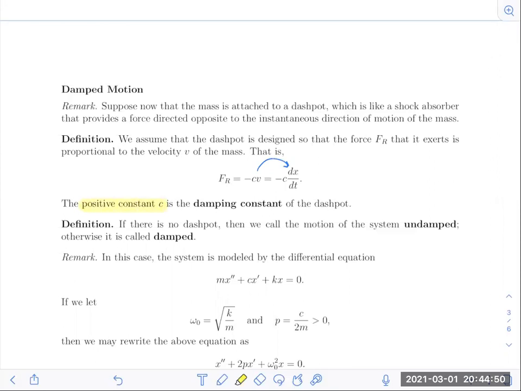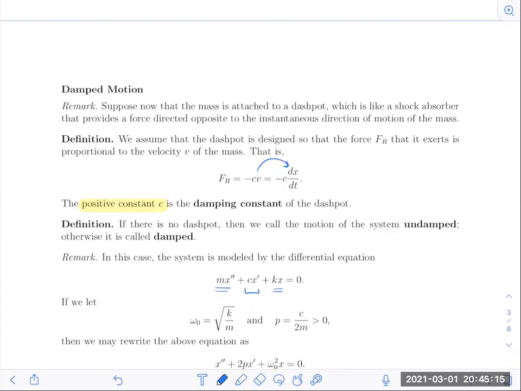Definition: if there is no dash pot, then we call the motion of the system undamped. Otherwise, it is called damped. All right, so what is different about damped motion is we're introducing this new summand into the differential equation. Previously we had mx double prime plus kx equals 0, and now we have this new middle term